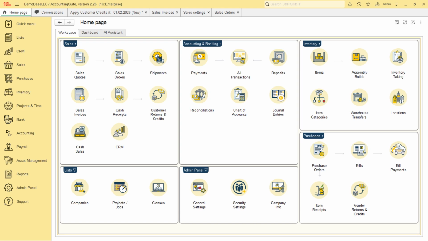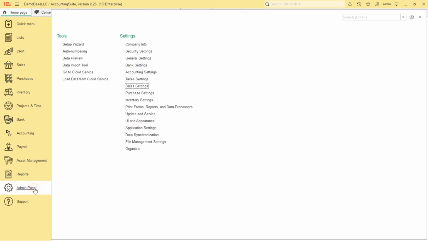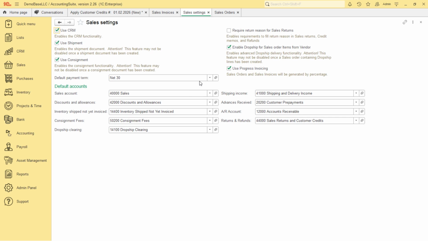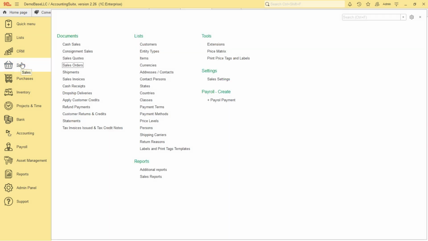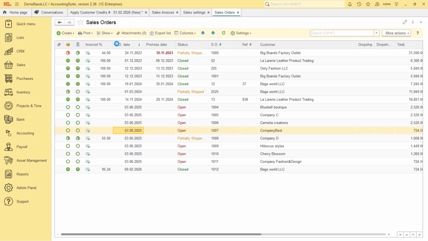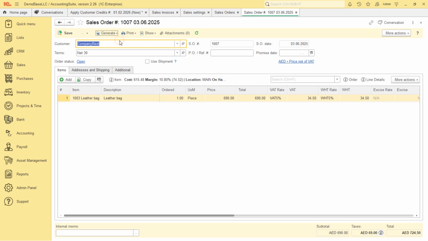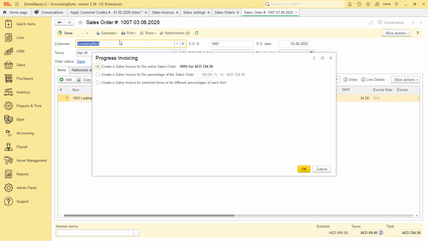In this release, invoicing gets more flexible with proper accounting treatment for progressive invoicing. This feature should be enabled under the sales settings. Once enabled, this option will allow to partially or fully create a sales document based on sales quote, sales order, or a shipment. Each time the Generate button is clicked in the document, the progressive invoicing screen appears and allows